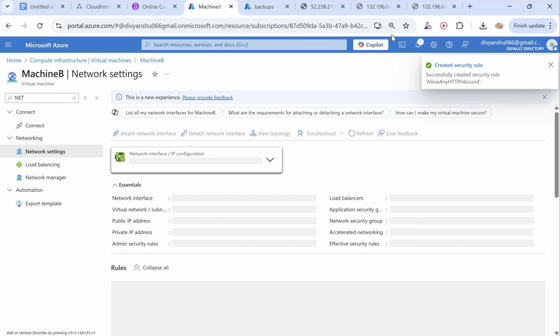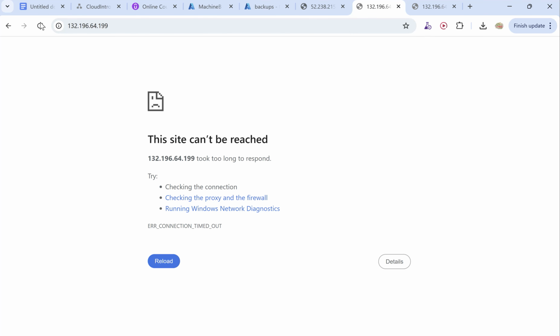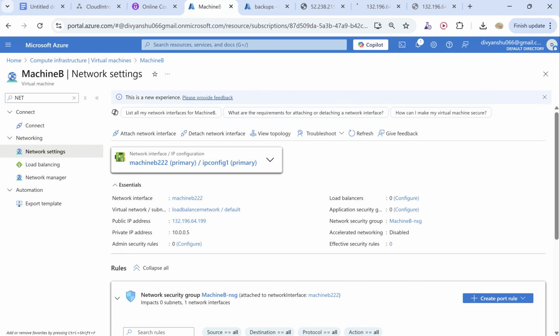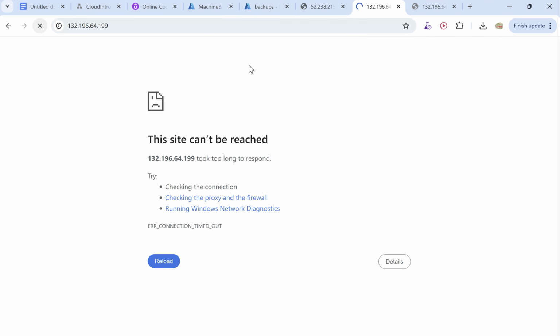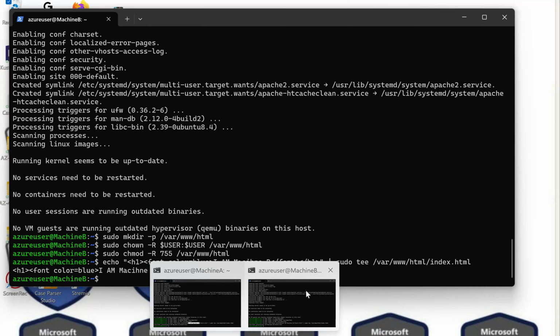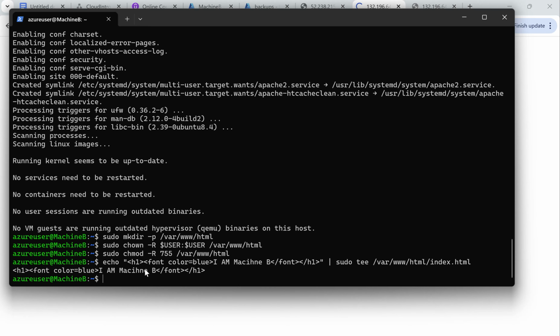Once you did this, I'm going to go back to this machine. This is machine B. I'm going to hit refresh. Once you hit refresh, in some time, the content which we have should appear. Sometimes it's going to take time to reflect. Okay, so we added this port. Let me refresh it again. Like I said, sometimes it takes a longer time to reflect the changes. If you see here, we have added this. I am machine B,